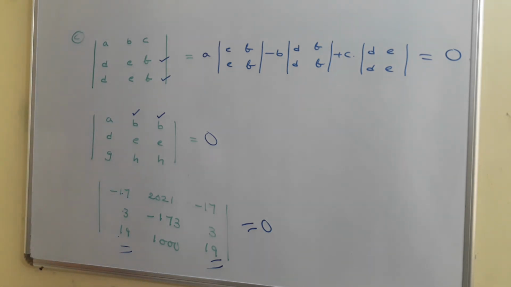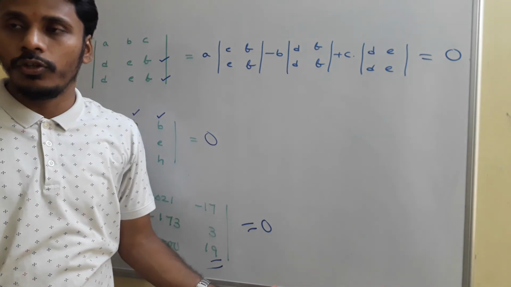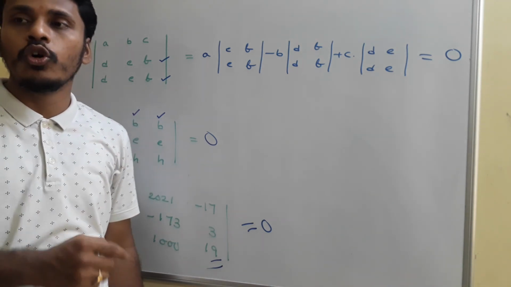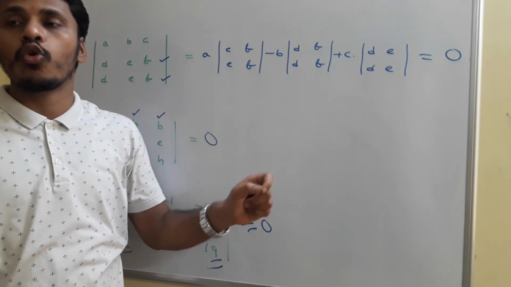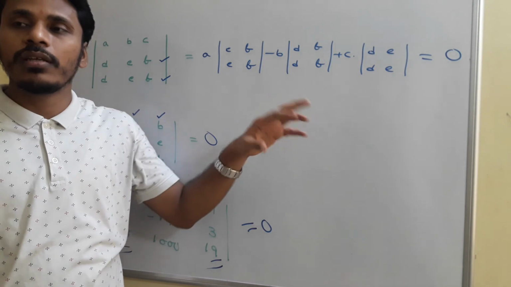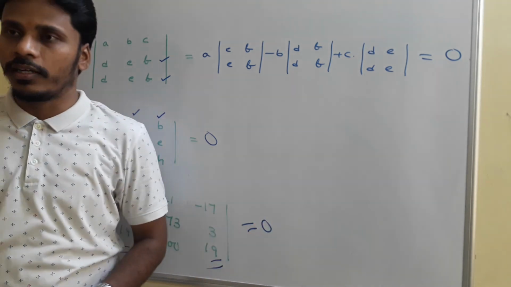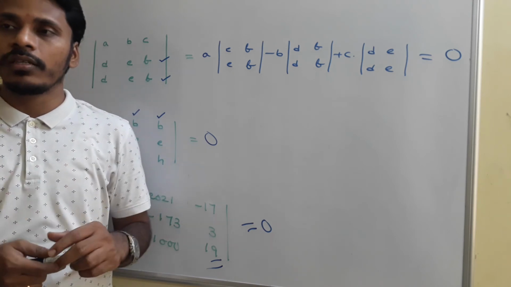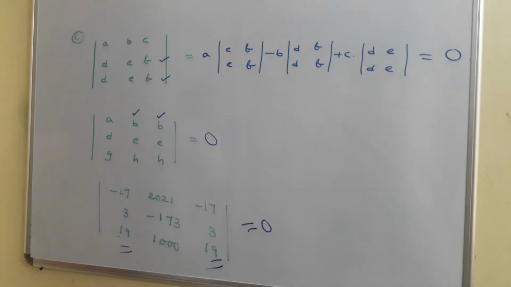Okay, just have a look. And I already mentioned in the previous class, if any one row is 0, directly its determinant value is 0. Or if we have any two zeros in a row or in a column, we usually choose that particular row or column to find the determinant in a simple way. Okay, and all these are some tricks related to the determinants, and these are the properties related to the determinants. We need to use all these things to solve the problems from the practice sheets. Okay, just have a look, and then I will give you the next property.